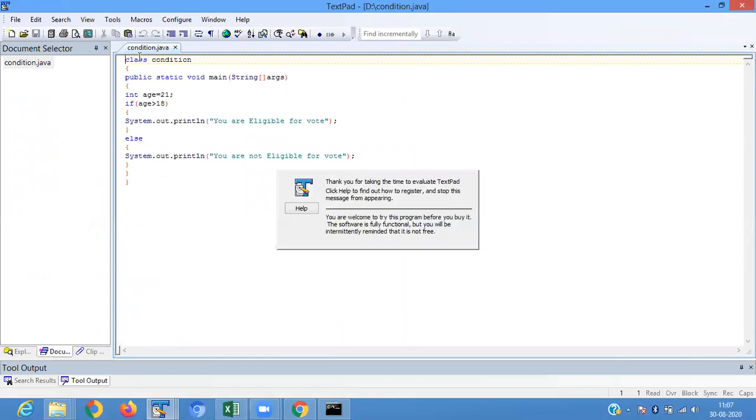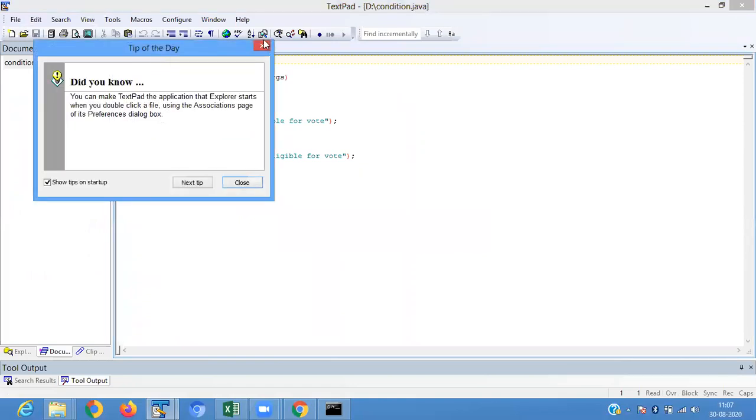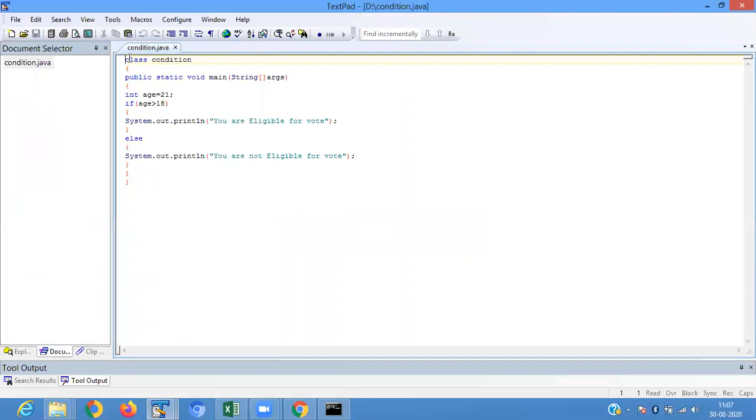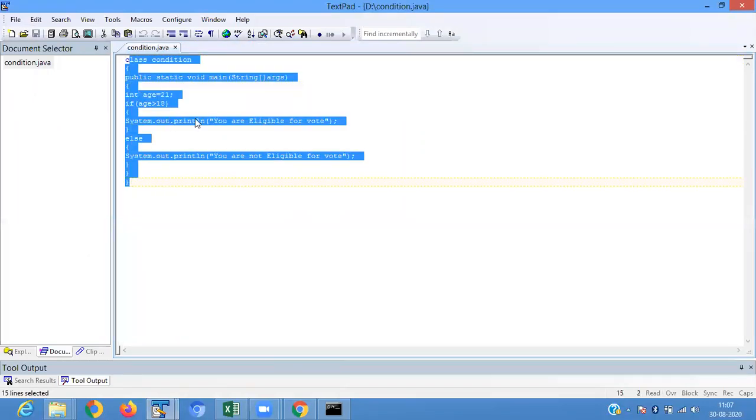In a normal example, here we check the vote eligibility criteria.